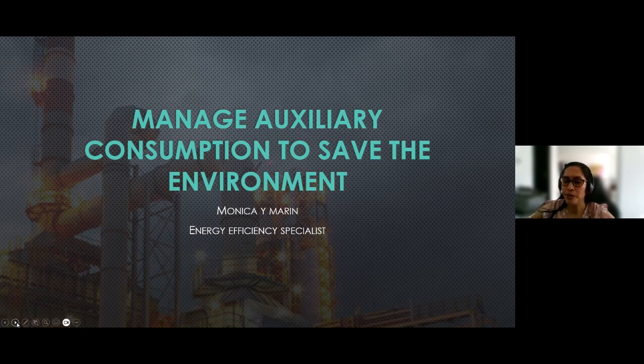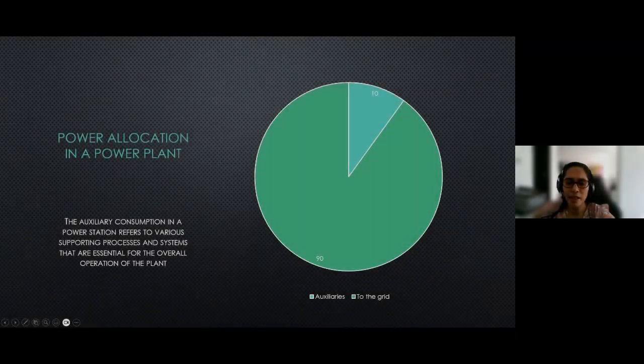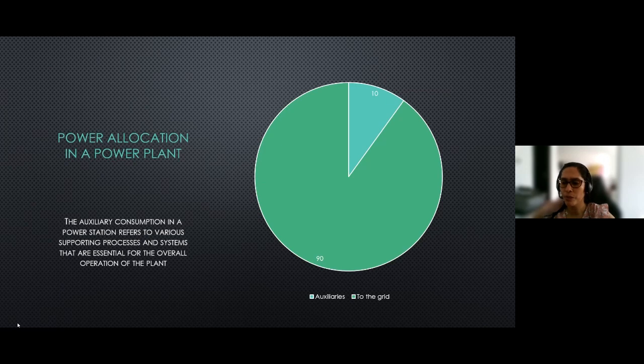So, why are we going to talk about this important subject today? Something we have to realize is that when we think about a power plant, about 10% of the power of the power station is designated to auxiliary consumption. It is critical to understand that, for example, when we think about different processes,